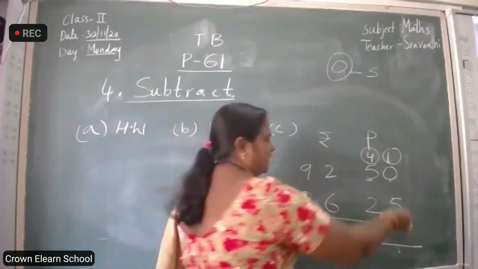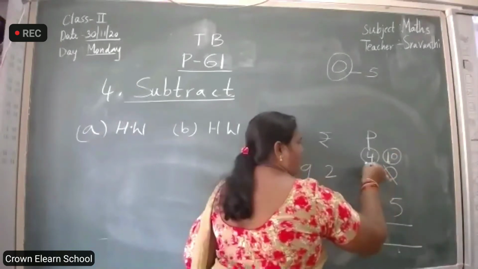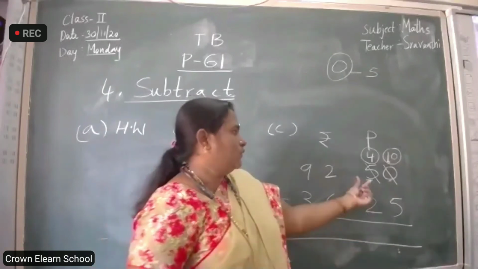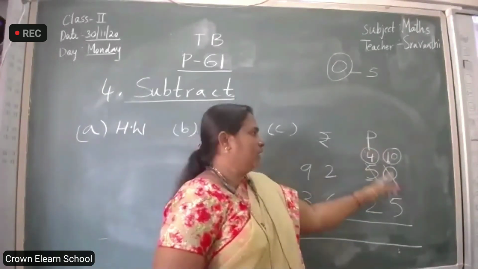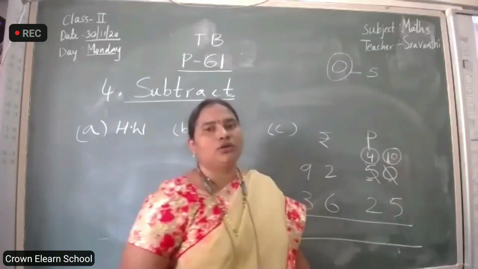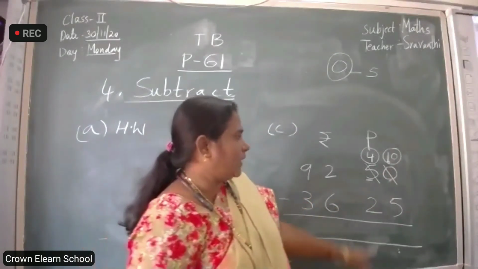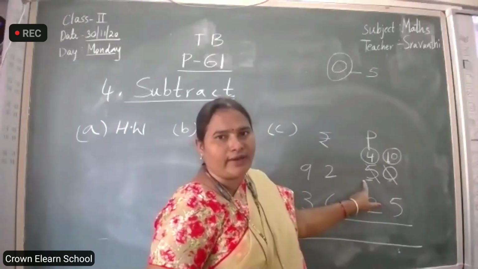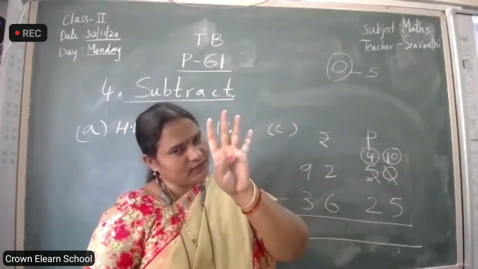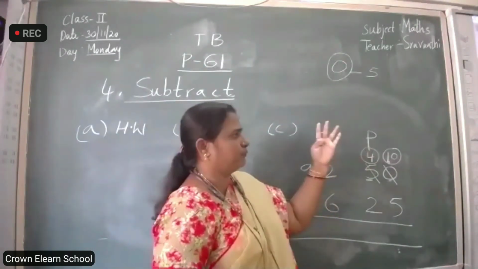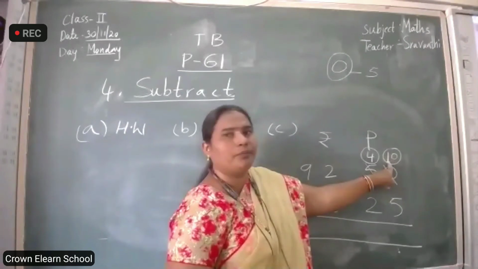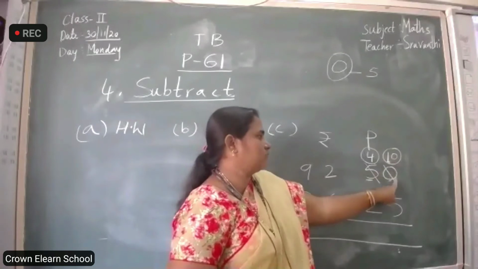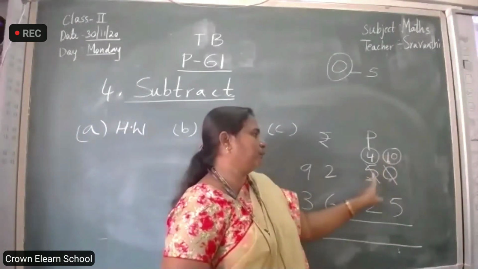Then what do you do? Same 0. 0 is there. Same 0 up. And you need to strike out this. Why? Because 5 changes as 4, 0 changes as 10. You know how to borrow now? When we cannot, this 0 borrows from 5. 5 said okay, give from the side, and it becomes 4. It gives 1 here. The same 0 up, so 0 becomes 10. 5 becomes 4.